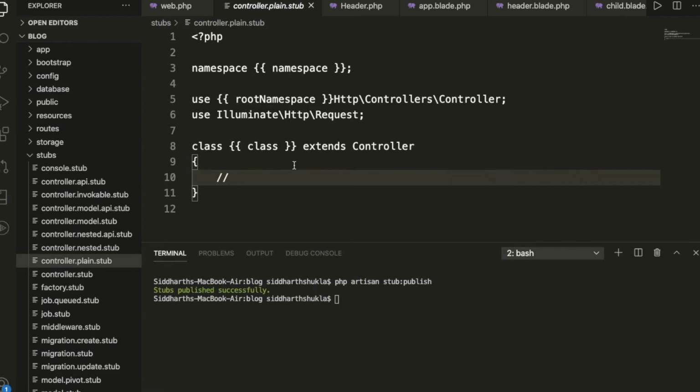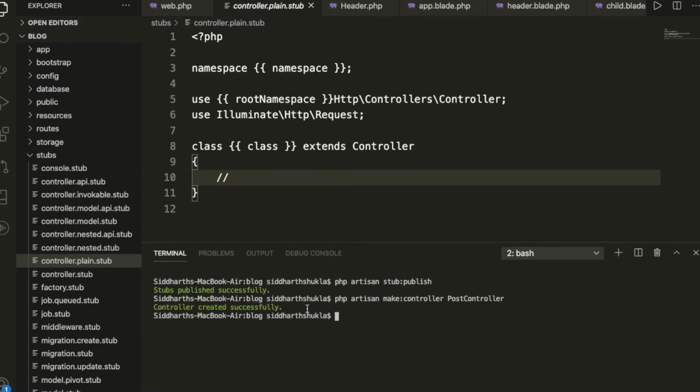Once you create any new controller, let me show you so you can understand better. Whenever we create any particular controller using the command line, we get the same code like this. Let me show you: php artisan make:controller PostController. First we have to put the controller name.